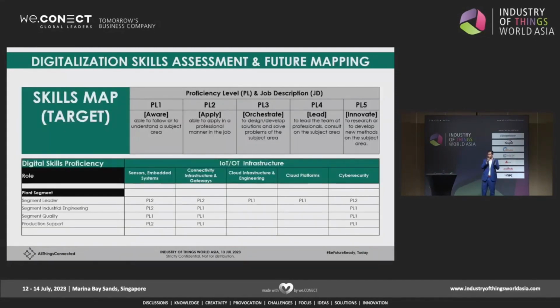As I mentioned, your plant operator today versus the plant operator 10 years later: what are the right digital skills they need to learn, when they need to learn, how much they need to learn? Make sure that you have the method. We have it, so we help the partners and customers map those skills and align with the digitalization roadmap. You don't want to overlearn or underlearn in the process. Overlearn means you're wasting time learning something you don't need. Underlearn means you have something ready, but you cannot use it. So make sure that you map those things also.